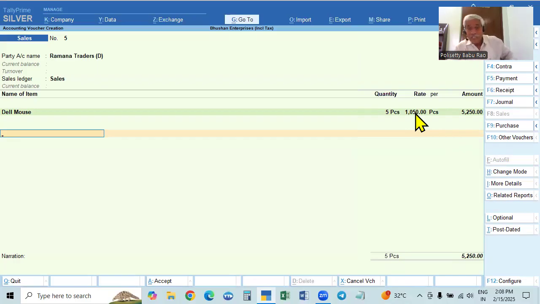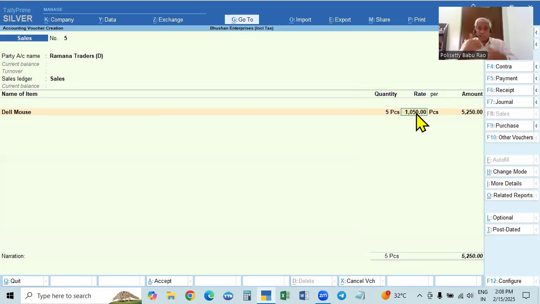So in this, what do you do? This includes tax also. We should not show it as such. When you give the price here, it is treated as the taxable value only. But this is not really the taxable value. It includes tax also. So in that tax-inclusive price, that rate which includes tax also,